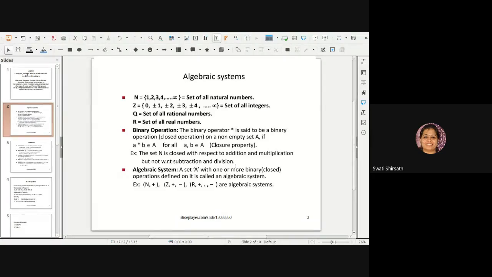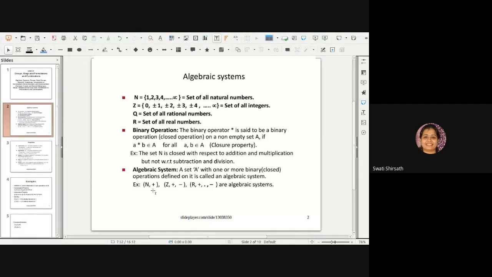Again, algebraic systems are used anywhere the given problem statement or given system is to be represented mathematically. Algebraic system basically works on these N, Z, Q, R sets, mostly on Z and N. Here in algebraic system we have a set and an operation to be performed on the elements of that set. So here we will be working on this pair.